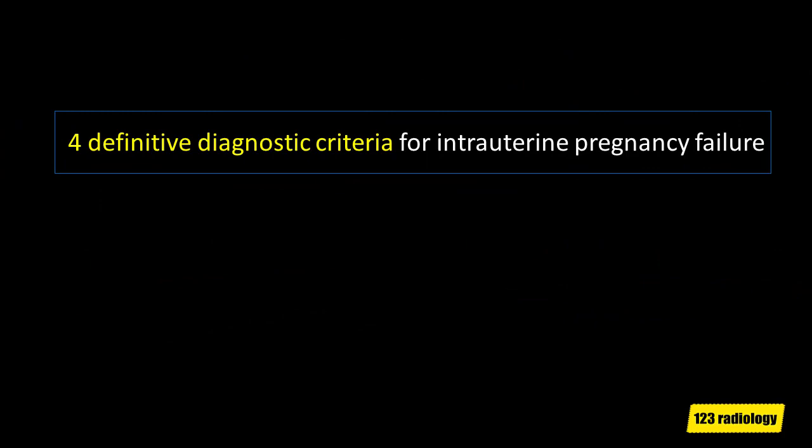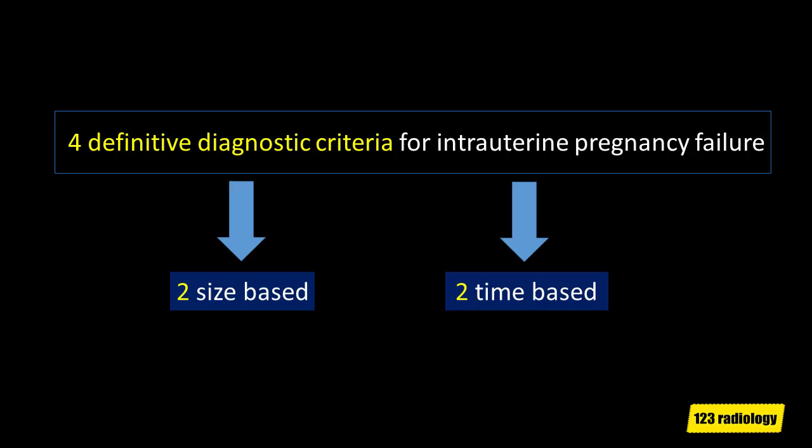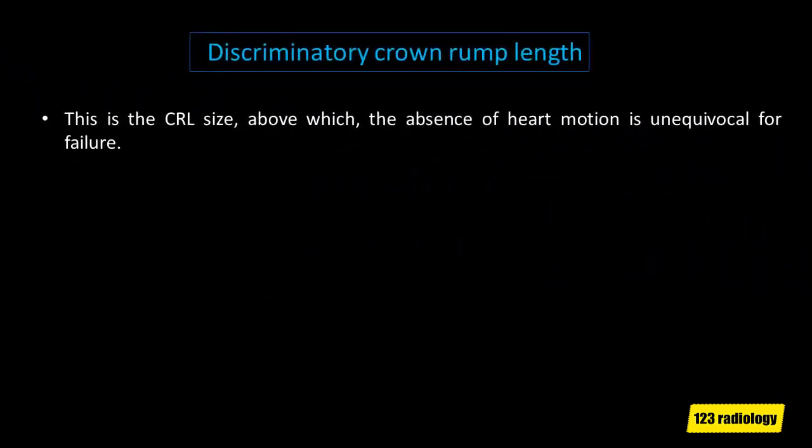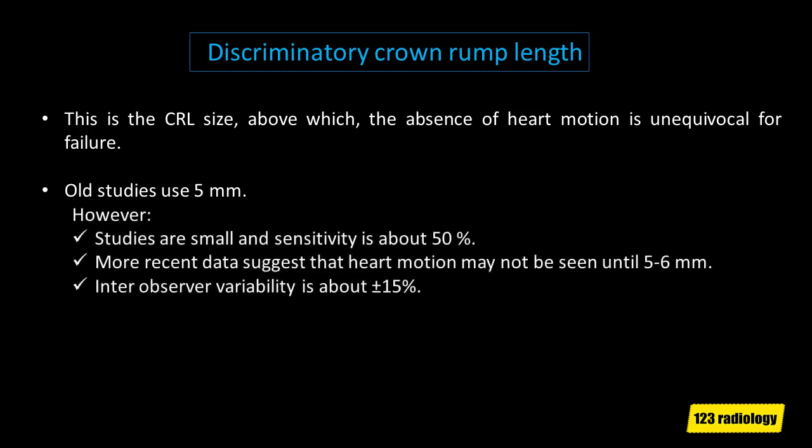There are 4 definitive diagnostic criteria for intrauterine pregnancy failure. 2 are size-based, and 2 are time-based. Discriminatory crown rump length. This is the crown rump length size above which the absence of heart motion is unequivocal for failure. Old studies used 5 millimeters. However, these studies are small, and sensitivity is about 50%. More recent data suggest that heart motion may not be seen until 5 to 6 millimeters, with inter-observer variability about